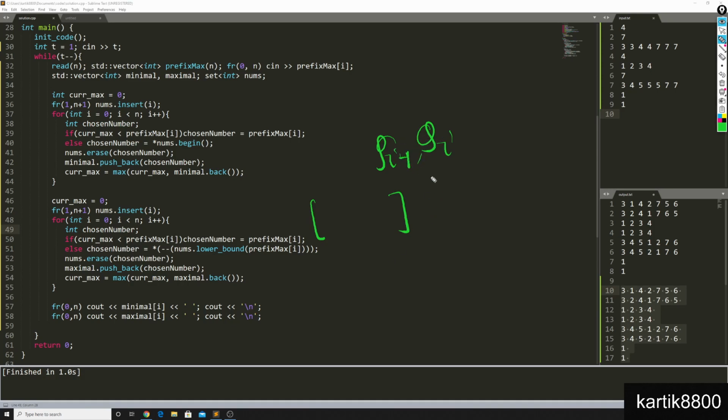In that case, I'm going to look up what's the largest number available with me that is less than qi. If you do a lower bound, you'll get the smallest number not less than qi. If you take it one position backwards, you'll get the greatest number that is less than qi available to you in nums. And that is your chosen number. Erase it from the set of numbers available, push it into maximal, and we're done. Also keep updating curmax every time, print the two arrays, and that's the solution.